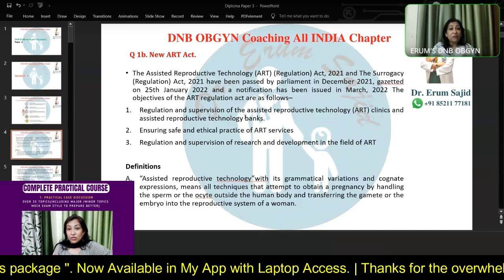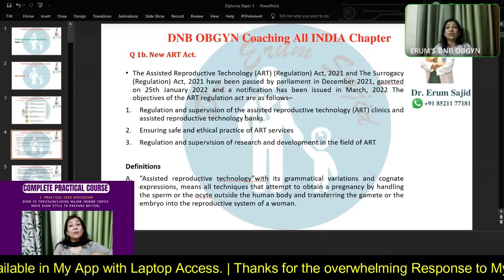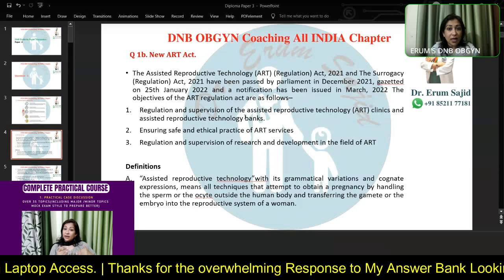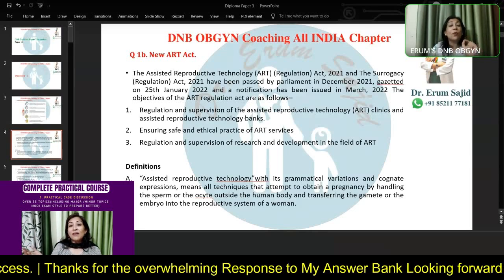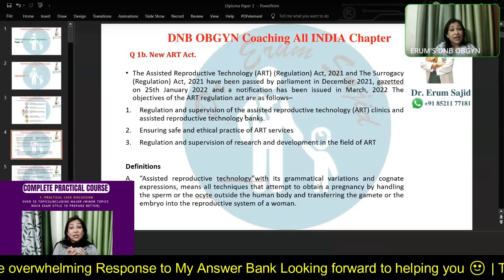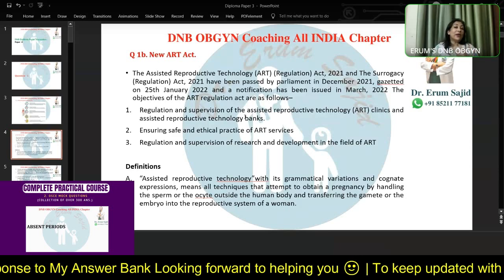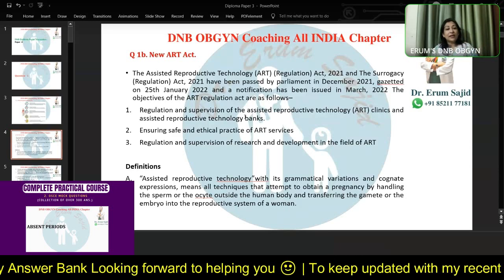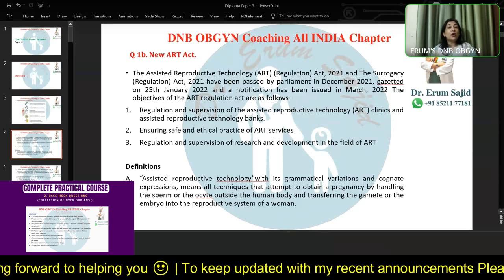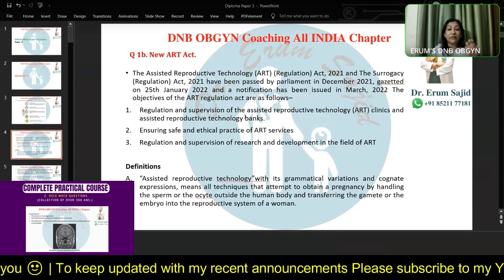So there have been multiple instances where people have come to ART infertility clinics to say that we want only a male child. We want IVF, but only for a male child. So that's just one small aspect of how this important thing can be misutilized. So we need to regulate and supervise these ART clinics, and not just that, the assisted reproductive technology as a whole, ensuring safe practice, ethical practice, and regulating the supervision of research and development in the field